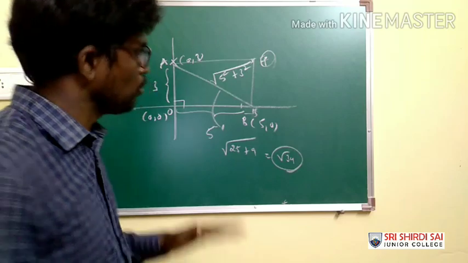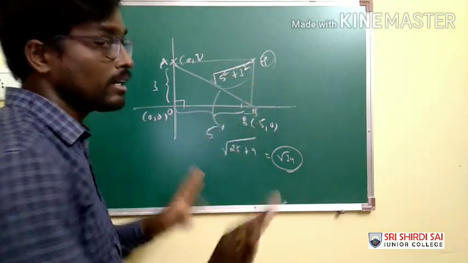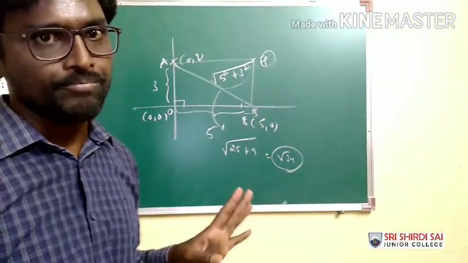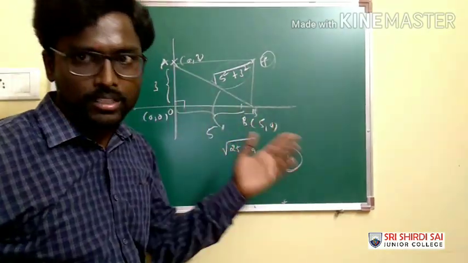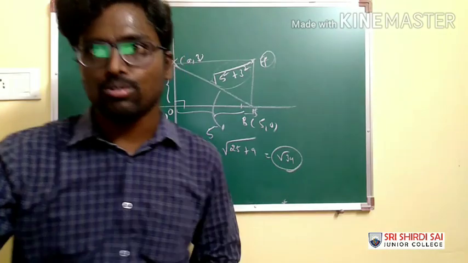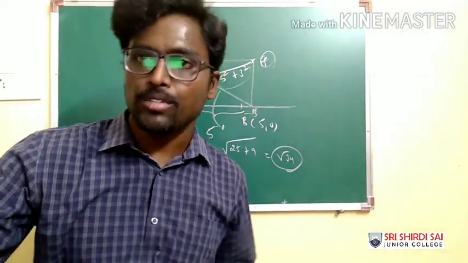In that way, you can think both ways and you will get the same expression, but the way of thinking is what I am telling you here. You can think in the method of distance, or you can think in the method of right angle triangle. Therefore, the length of the diagonal is root 34. So, for the sixth question, the option is C.